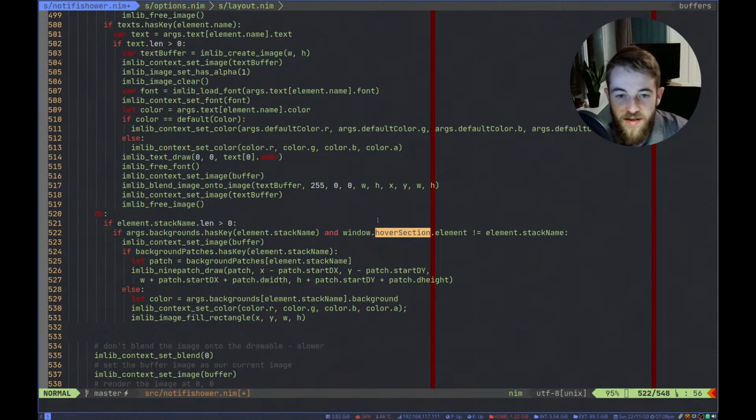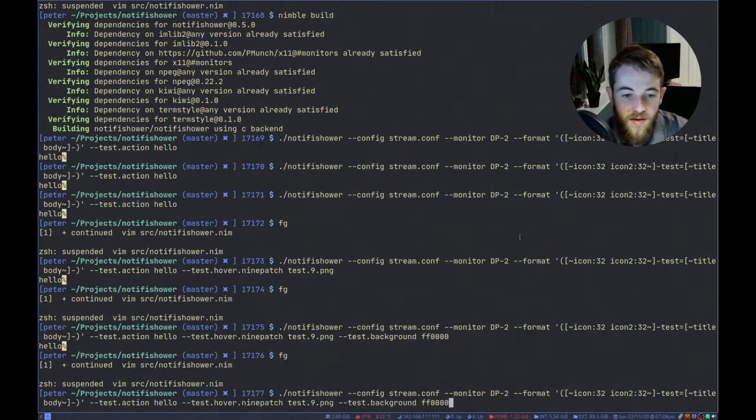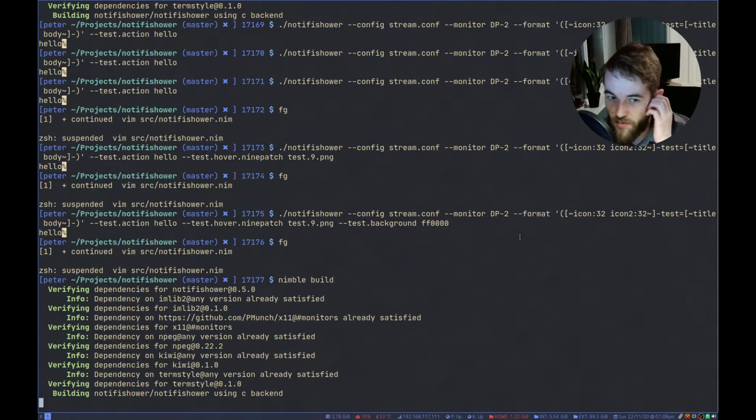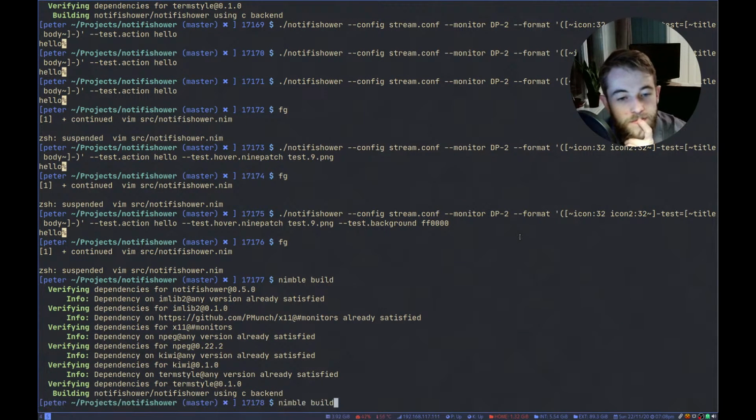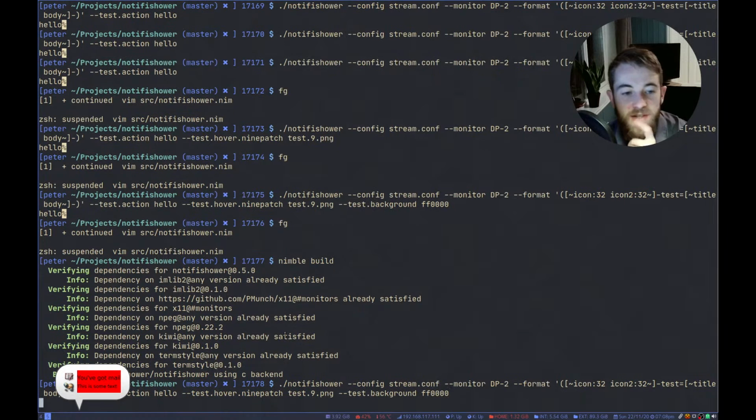This checks that the element that we're currently hovering is not the element that we're looking at. So we're gonna rebuild, and that should have fixed that bug. So now when I hover over it, it should change to the 9 patch instead of drawing them both at the same time. There we go.